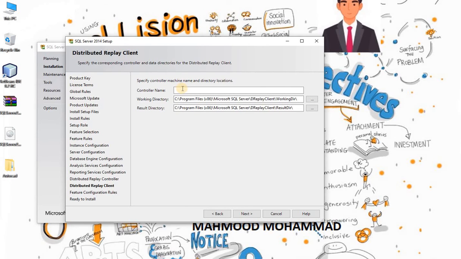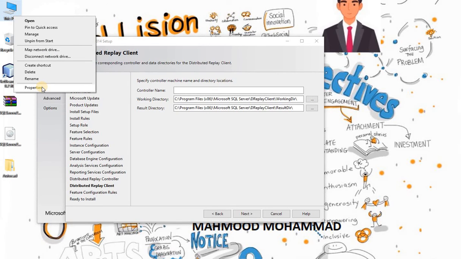Controller name, most of the time it will be a computer name, as it is a client computer. If you are not giving the controller name it is not a problem, but if you want to give a computer name or controller name, you can go to your computer name and give that name here. It is not mandatory to provide. How to go?